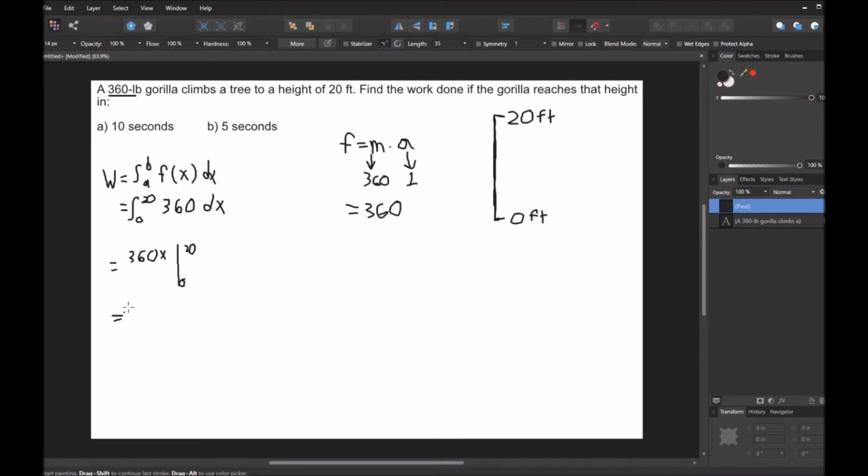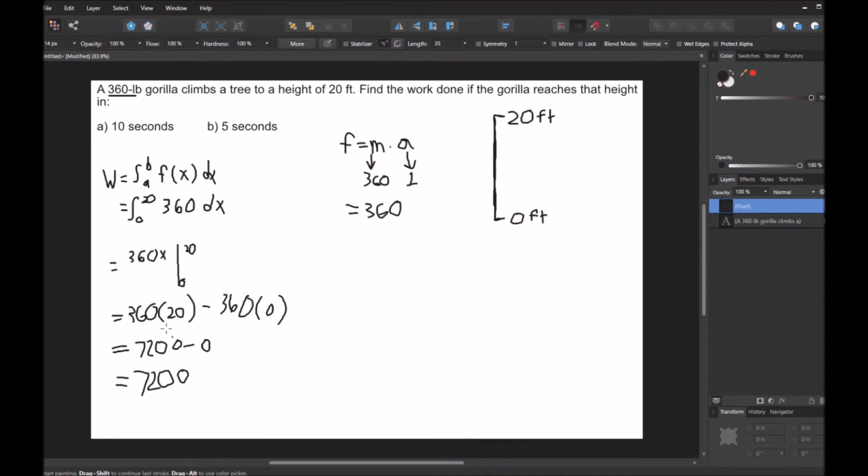Now if we go and evaluate this, it's going to be 360 times 20 minus 360 times 0. Now 360 times 20 is 7,200, and 360 times 0 is 0. So we have 7,200,